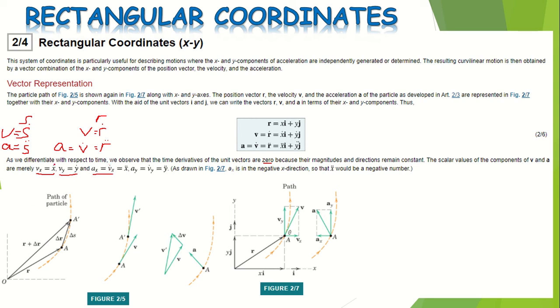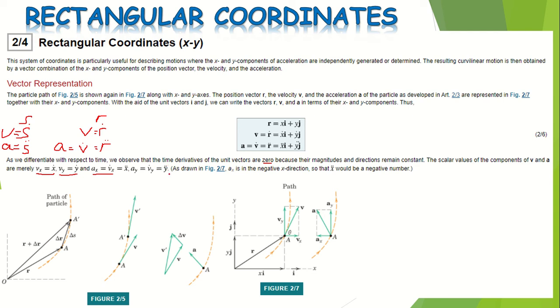Sorry class, I used bar instead of dot. So v sub x is equal to x dot, meaning the derivative of x, and v sub y equal to y dot, meaning the derivative of y, and a sub x equal to v sub x dot, which is equal to x double dot, and a sub y is equal to v sub y dot,